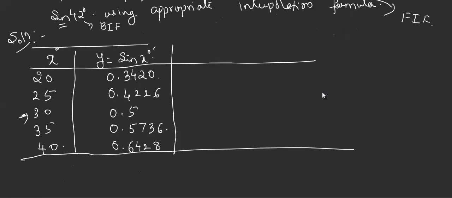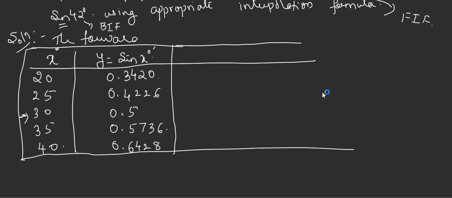You have seen two varieties of examples where the construction of the table is the same, only the notation is different. So you can take only one table and find both the values; only the formula is going to change. There is no need to take it as two different tables. Let me complete this example. For forward we require a forward difference and for backward interpolation we require a backward difference, so let us call it the forward difference table.